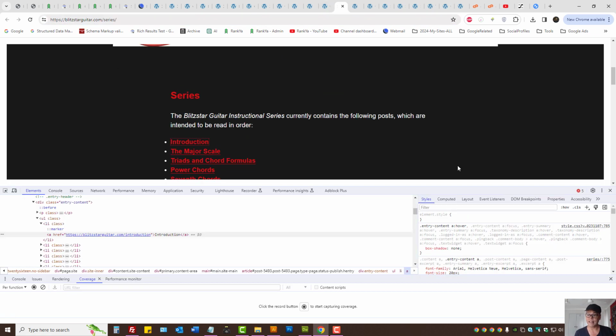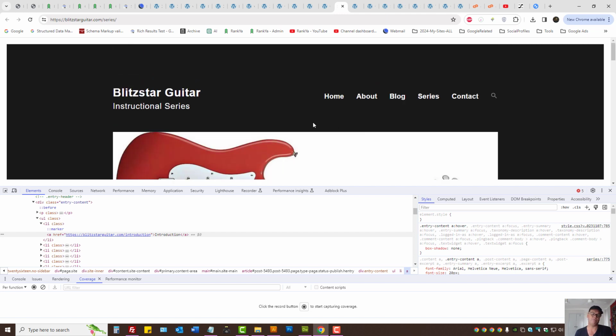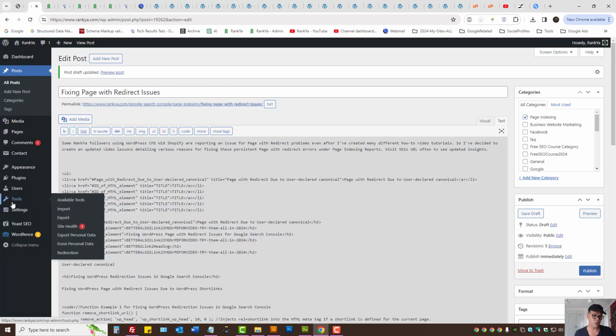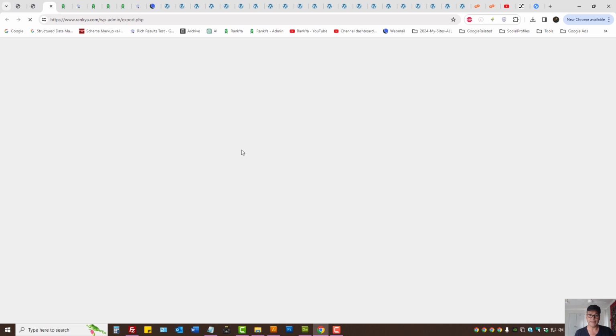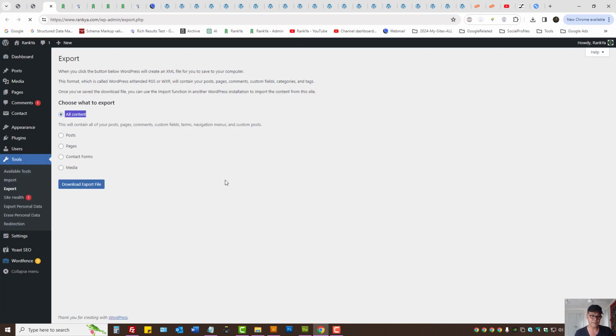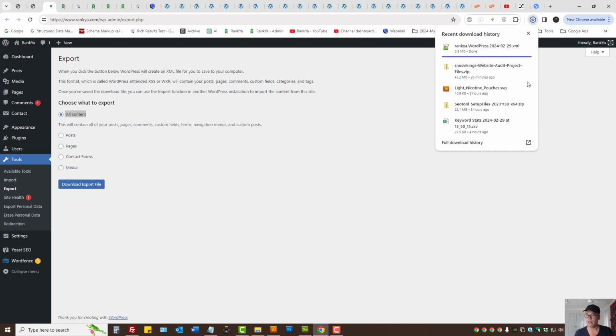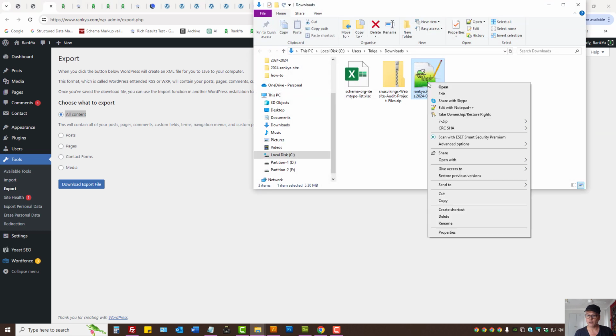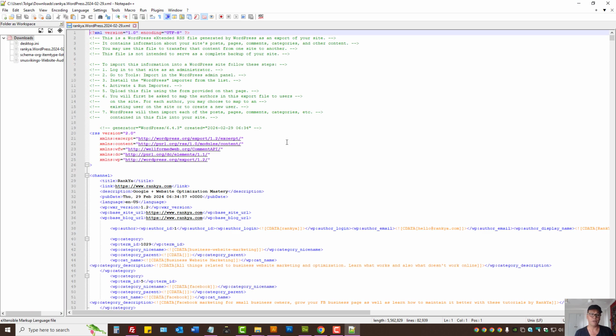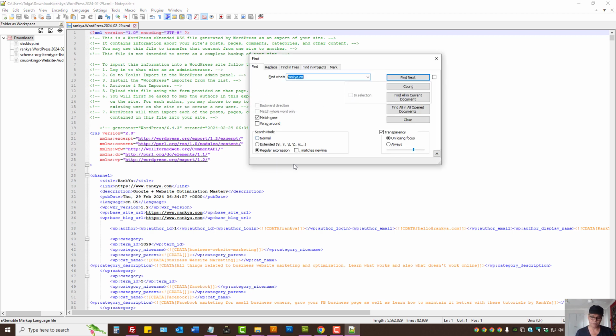So, for WordPress sites, what you want to do is look at your internal linking structure. I'll show you a trick to do so using WordPress. You can export your entire website, as in all content, using Tools, Export, and download the export file to your local computer. Right click, edit with Notepad or Notepad++, which is an open source program. When you download your WordPress content, what you can do is press Ctrl F and search for